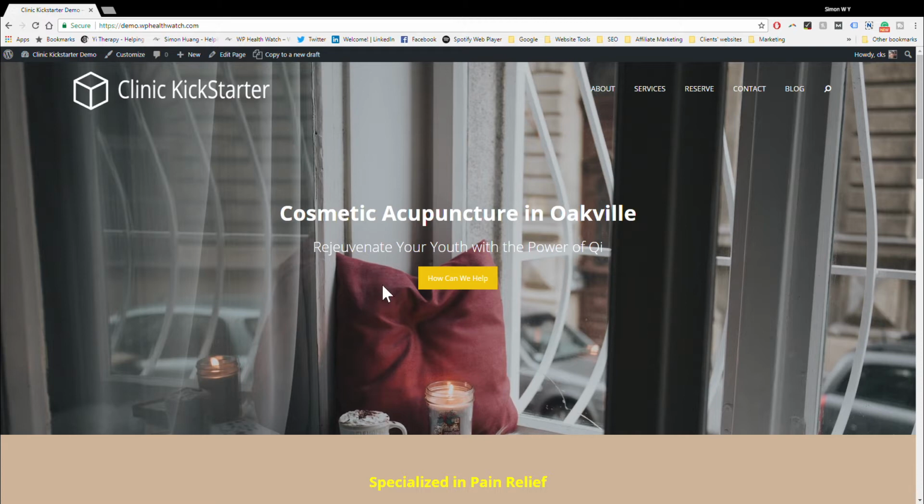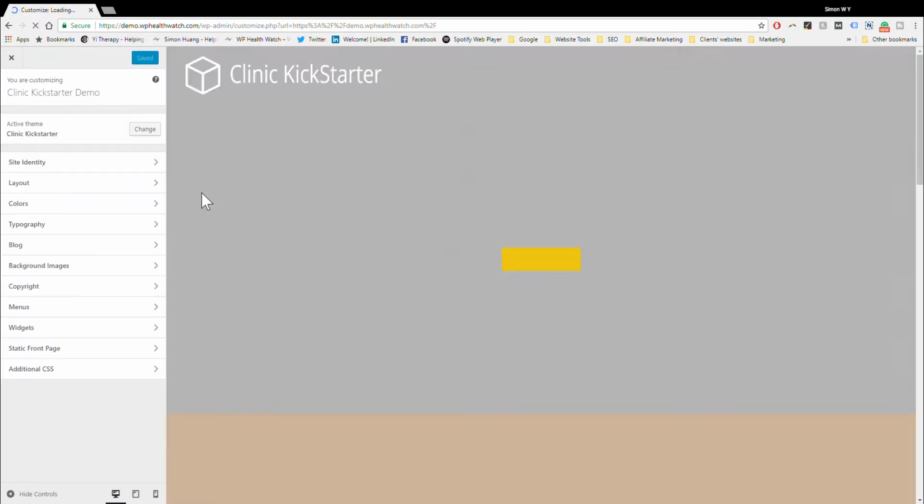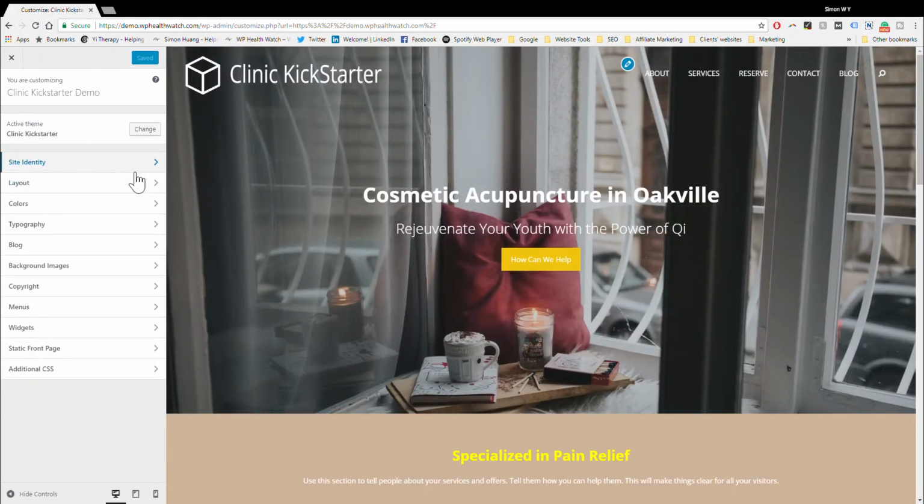Now, we have just finished editing the page header, the whole page. And now I'm going to talk about the general customization of the whole site. That can go from using Customize. Click here, let it load. This is really the best function in a WordPress site because you can change pretty much just about everything from the